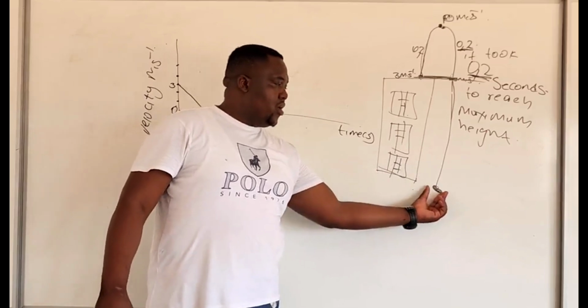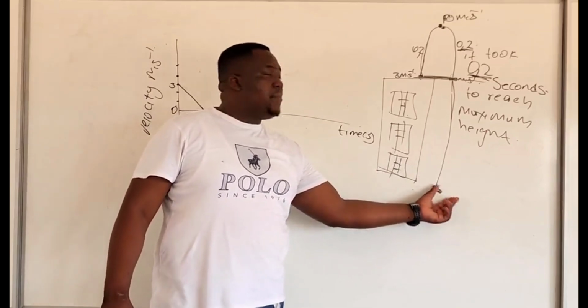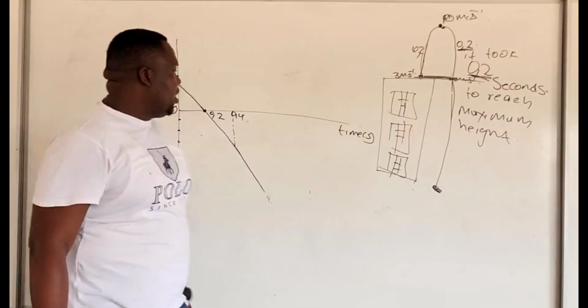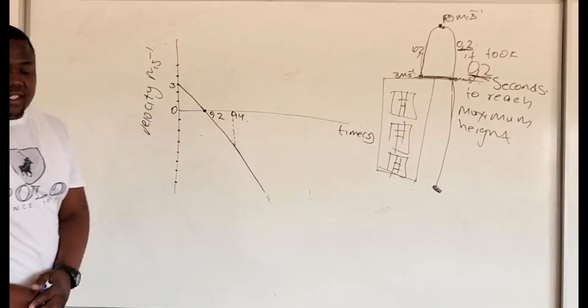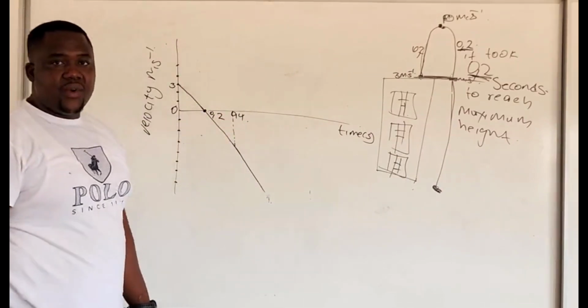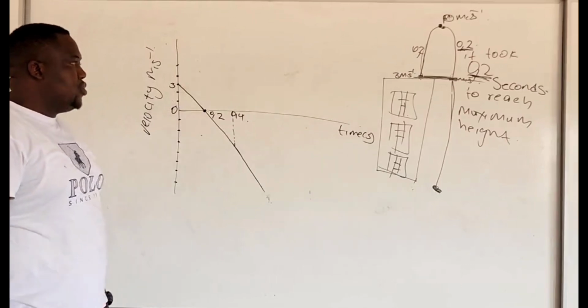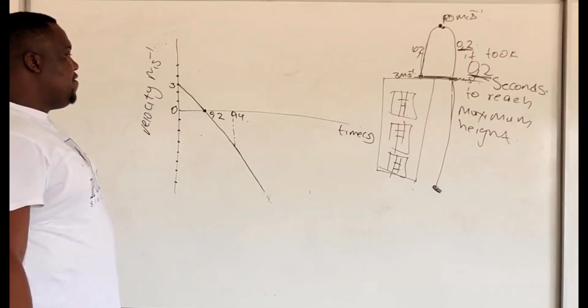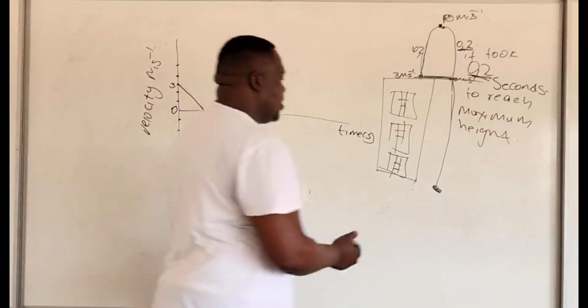We don't know the final velocity here, but we know that the final velocity is greater than 3. So that's how we can represent that scenario. I hope you understood. We can further say that